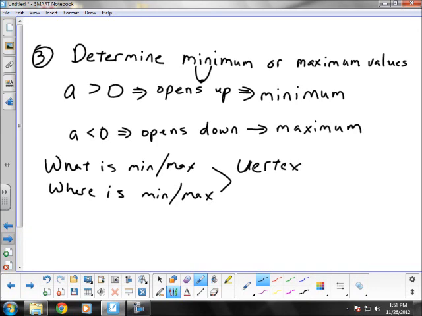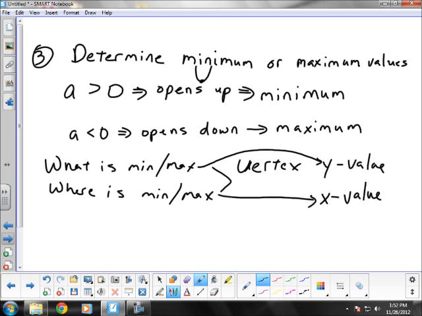But what is the y value? Where is the x value? Okay? When it asks for what is it, they're asking for the y value of the vertex. When they want to know where did it happen, they want to know what's the x value. Okay? That's the big thing you need to know about the minimum or maximum. All right, so